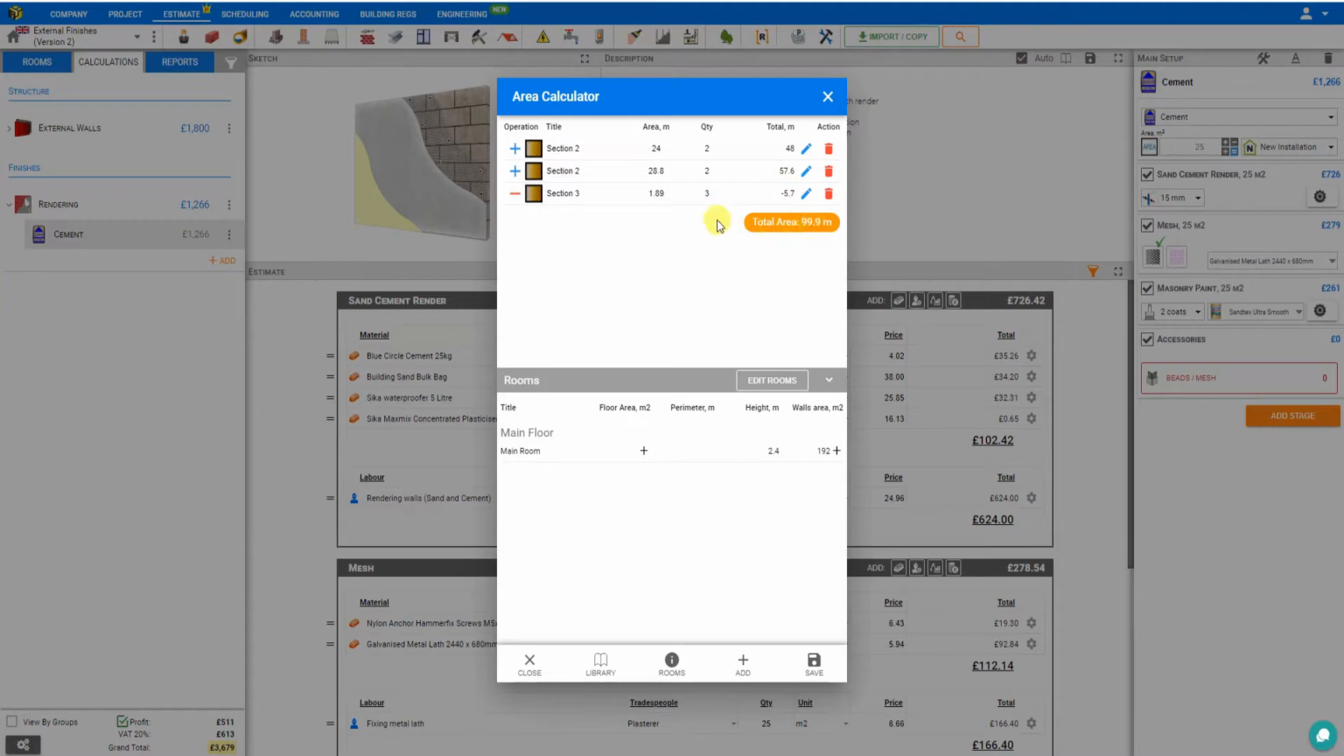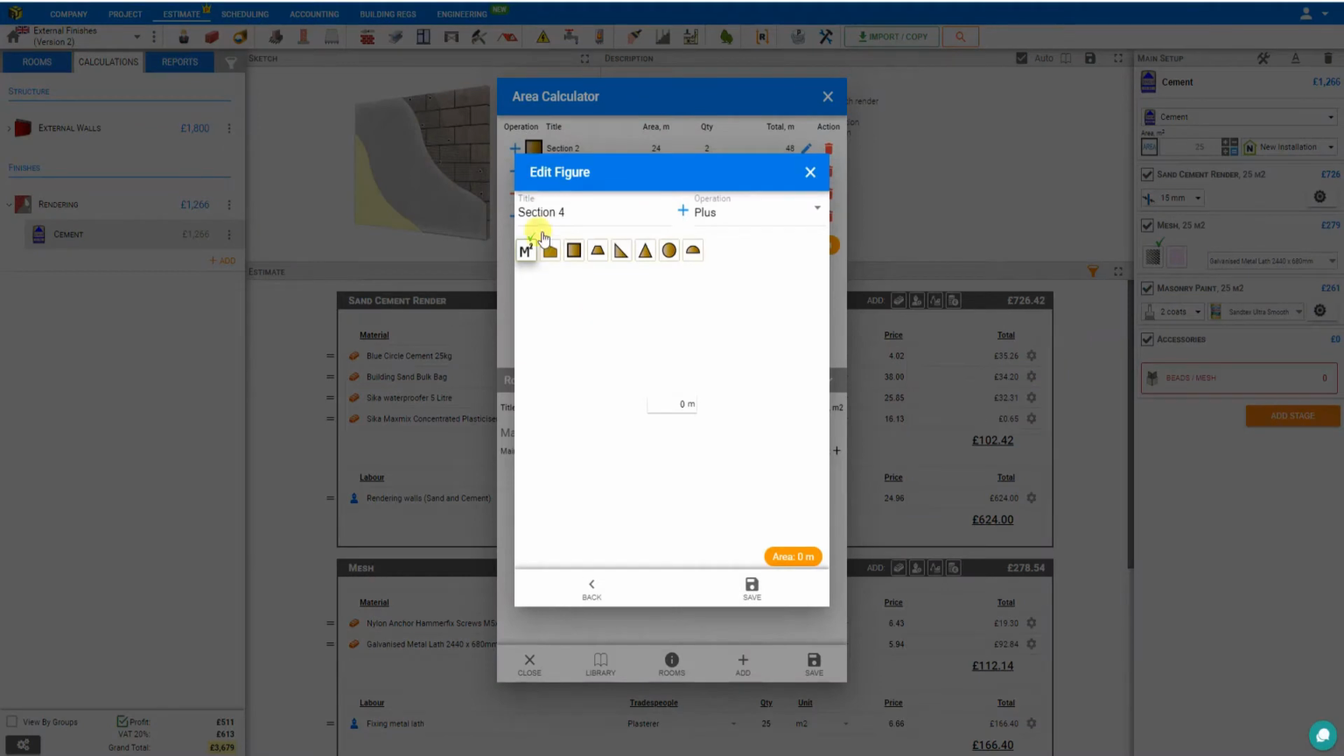Now if we have an irregularly shaped room, we can click the Add button, and perhaps there is a trapezoid, or a quadrilateral, or triangle, or circle, or semicircle that we need to add. Let's select a trapezoid, and let's say on this side our height is 2.4 meters for the standard height, and let's say it increases to 3.4 meters on this side. And let's say that the width of this is 10 meters. We can save that,